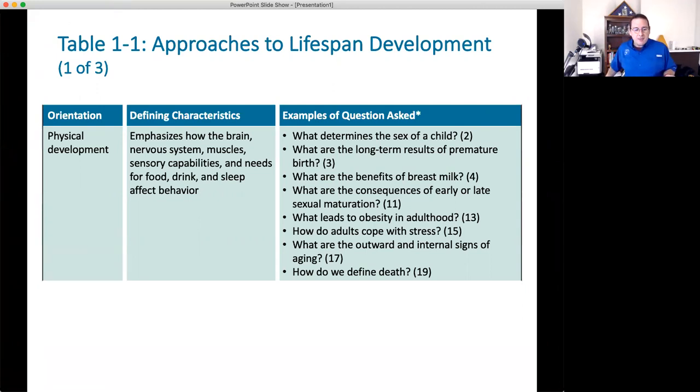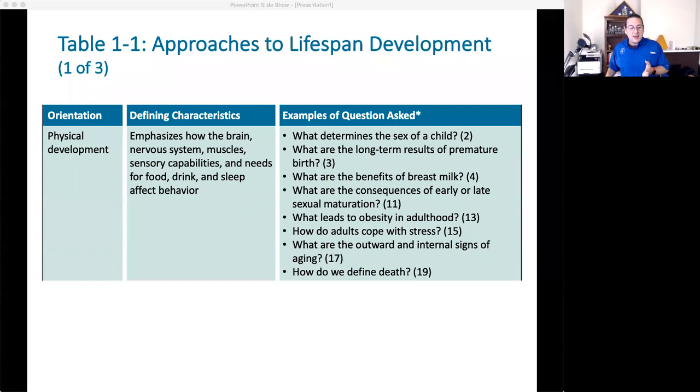So the typical areas in lifespan development that we look at, they fall really into 4 different categories here. And the first one that we look at is physical development. Okay, you remember I told you we look at cultural, we look at sociological. How are they fitting in with society or socially? And cognitive, how is their cognitive development? But their physical development really involves the body's physical makeup. And that includes the brain, the nervous system, and really the muscles and senses.